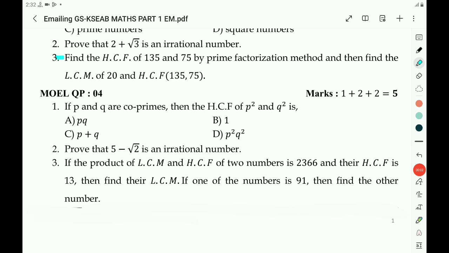Now let us take model question paper 4. Take the first question. If P and Q are co-primes, then the HCF of P square and Q square is. Take the factors of P square. P square equals P into P and Q square equals Q into Q. As P and Q are co-primes, they are not having